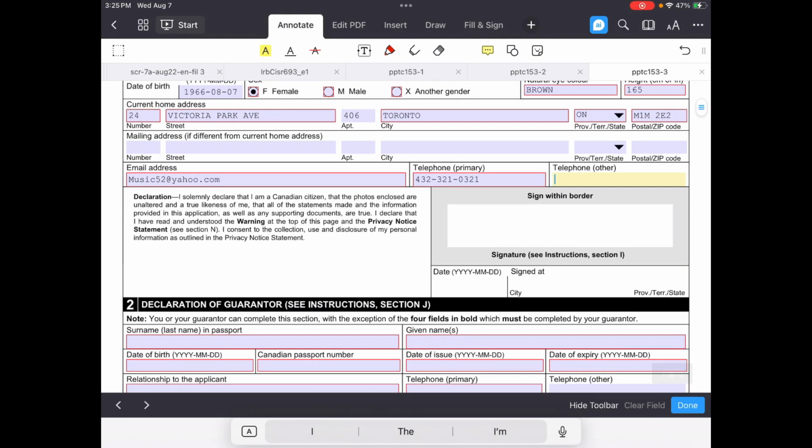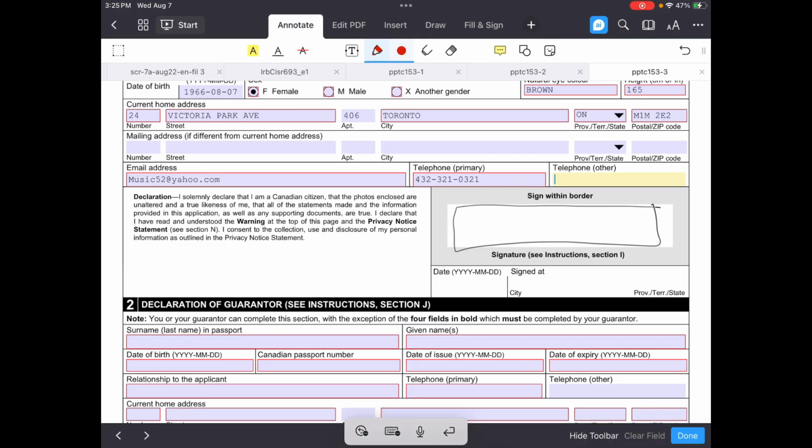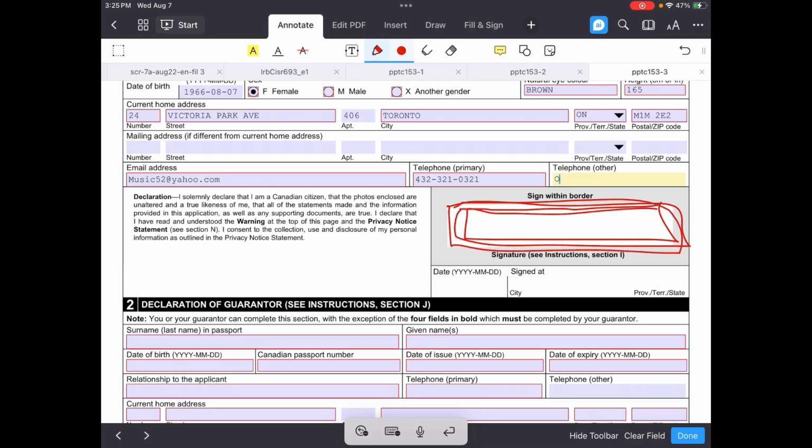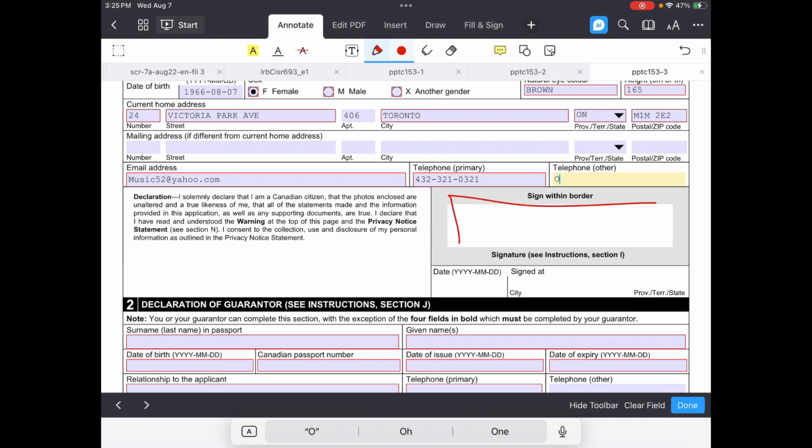Then you have to sign here. I don't know why this is not working. Then you have to sign here within the border. So you should make sure that your signature is within the border. And then after you're done signing it, you gotta make sure you